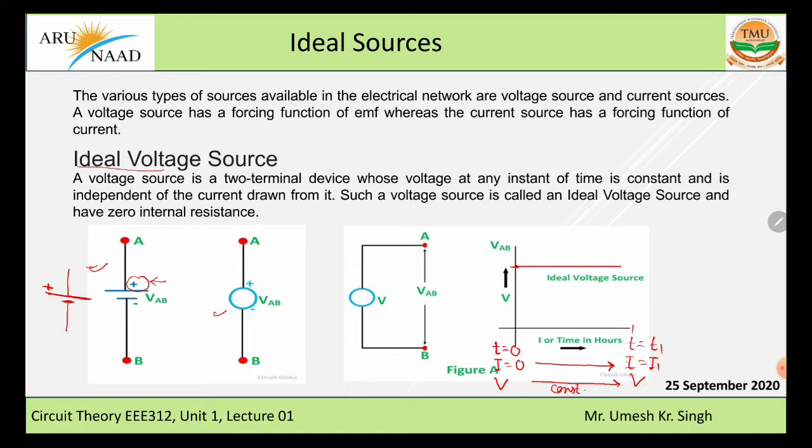So this type of source is known as the ideal voltage source. Now I am interested in calculating the resistance, or say internal resistance, of this voltage source. What is the internal resistance of this voltage source? For this calculation, I am considering 2 points A and B on the current axis. Then I am drawing a perpendicular to this. Current at point A can be considered as IA, and current at point B as IB. Similarly here VA and VB.